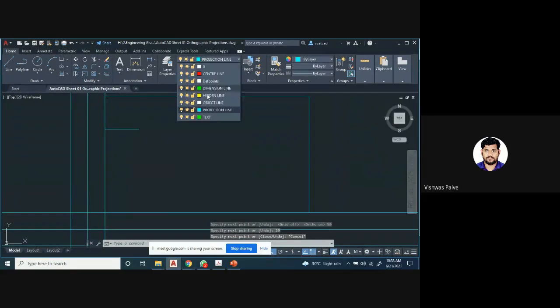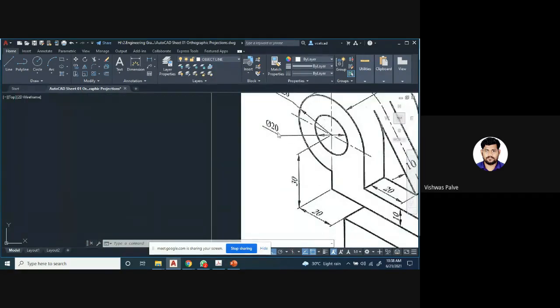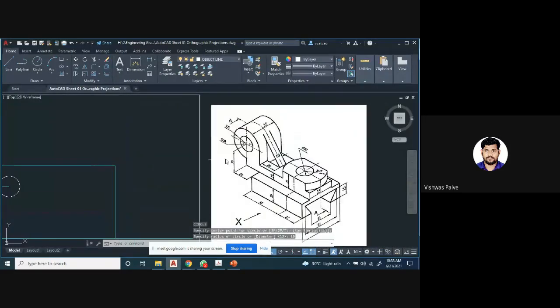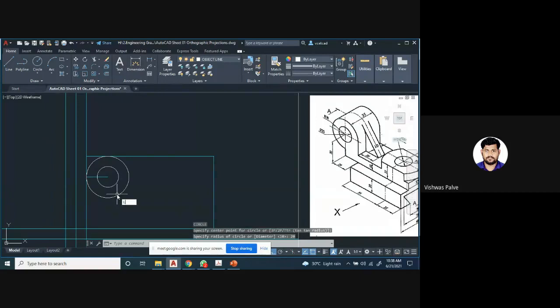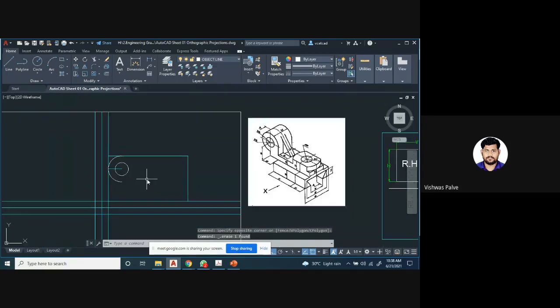At that center, I will draw two semicircles. I will select object line, one circle of 10 millimeter radius, C, enter. Here you have to draw a radius of 10 millimeter, 20 millimeter diameter, and the second of radius 20, so C, enter, second of radius 20. Now I want this as a semicircle, so I'll draw a vertical line, and I will trim off the half part. TR, double enter. I will trim off the half part and delete this line. Okay, this much portion was required, only that much portion.